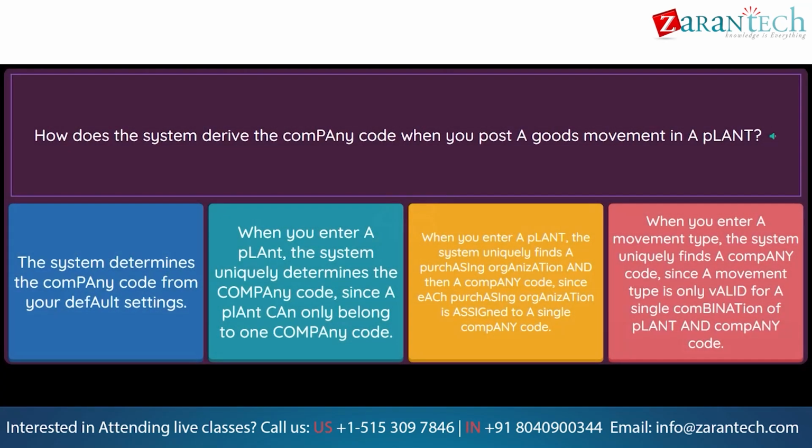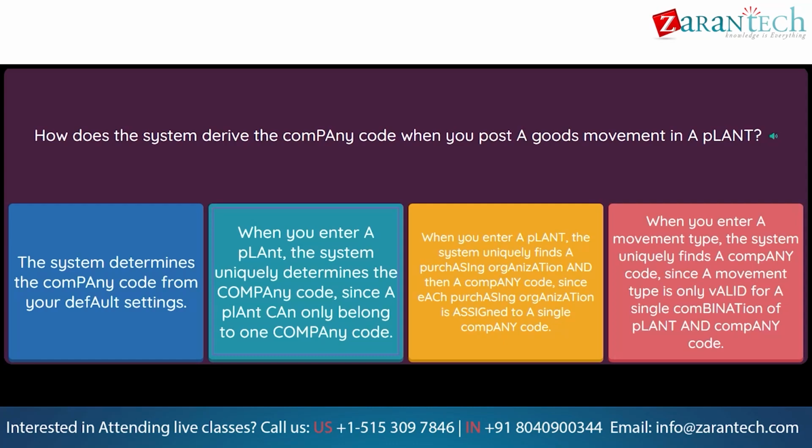Question: how does the system derive the company code when you post a goods movement in a plant? Option 1: the system determines the company code from your default settings. Option 2: when you enter a plant, the system uniquely determines the company code, since a plant can only belong